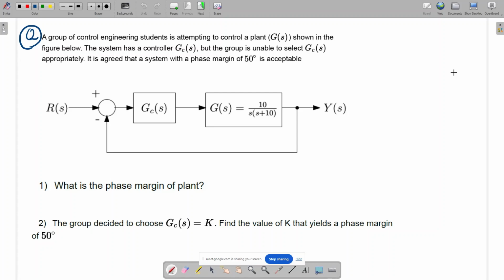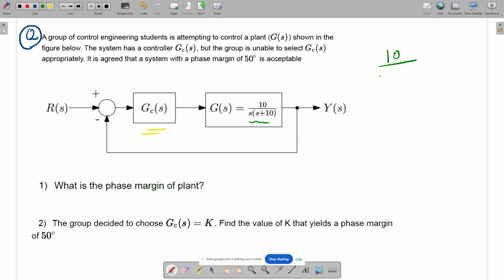Okay. So this plant is given here, and this is the compensator. So what should be the phase margin of the plant? That we already know how to calculate. Phase margin we can calculate at the gain crossover frequency. And what is the gain crossover frequency? It is the frequency at which the magnitude is equal to 1 or 0 dB. So we can just equate it to 1,